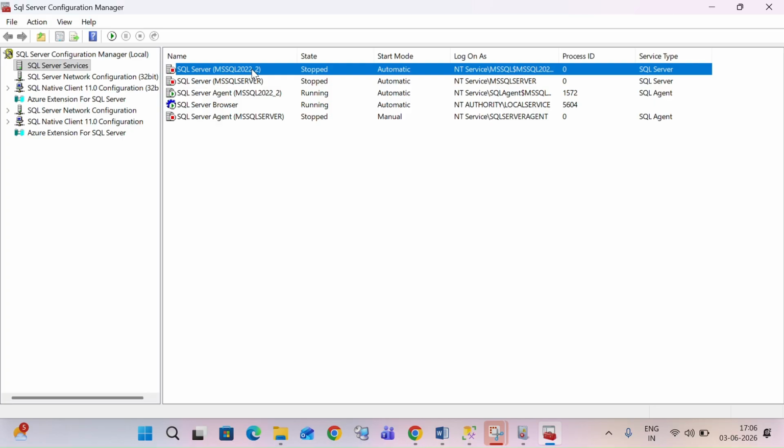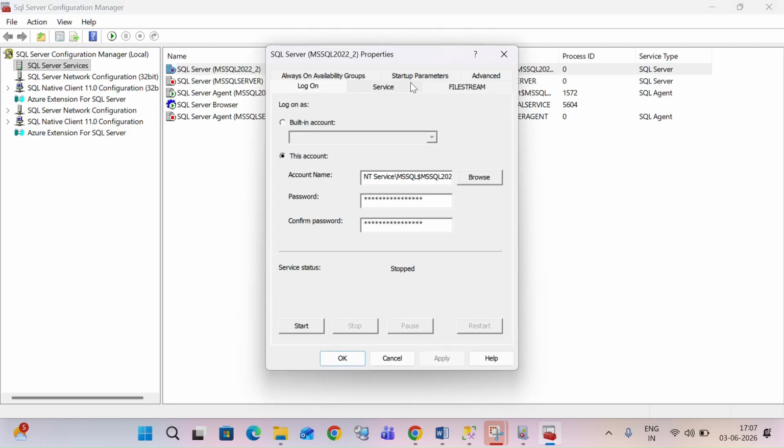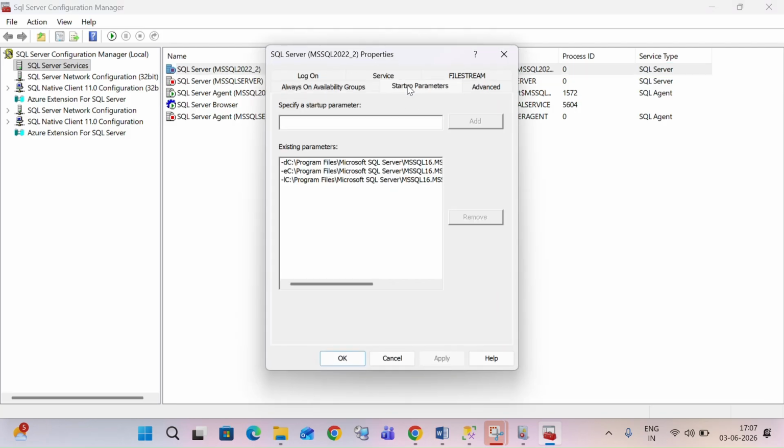only mode. Okay, for that we had to enable the trace flag 3608, and also we had to bring in single user mode as I showed previously in security. To bring to single user mode, we have to mention -m. Right click, means you have to open the properties and you can go to the startup parameters. Now I will be adding this trace flag. Three trace flags as of now,